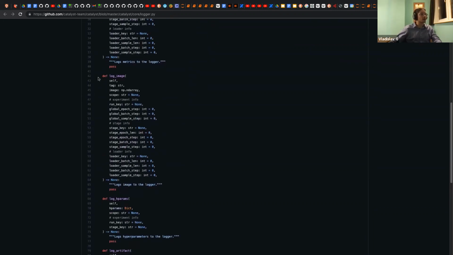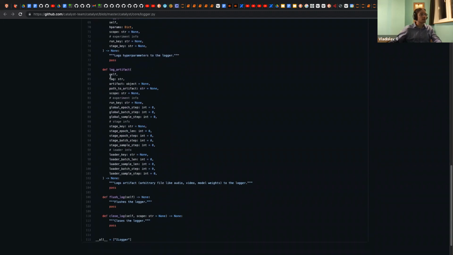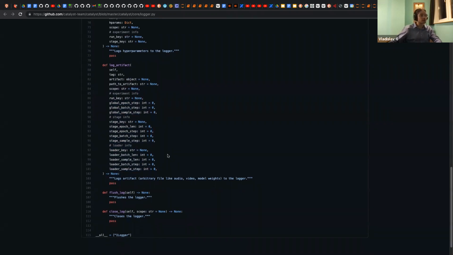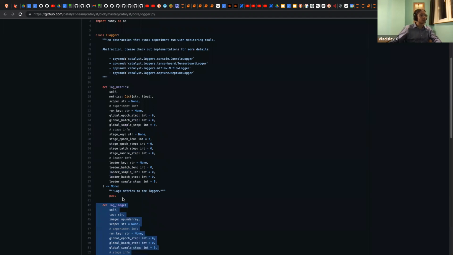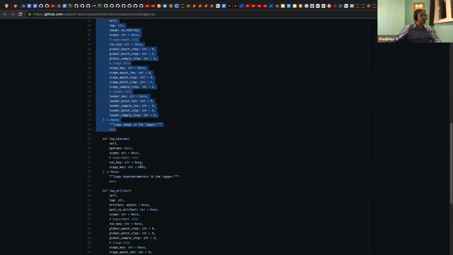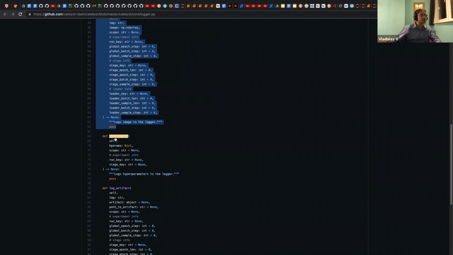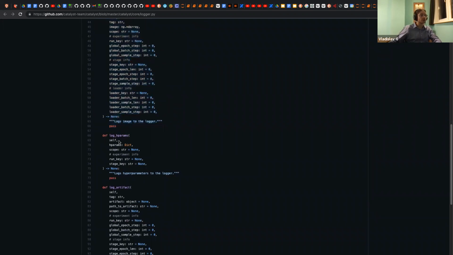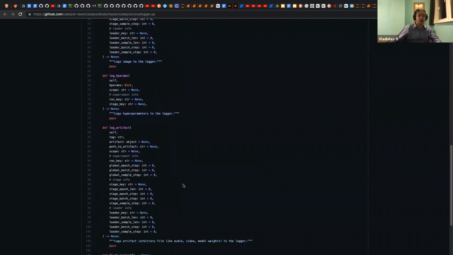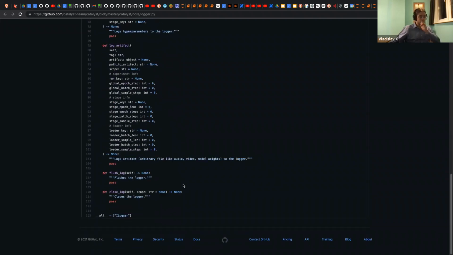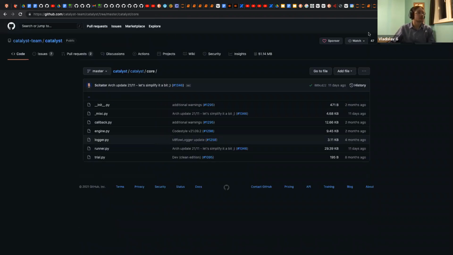And by the way, this interface has many different methods that are similar to what we use: metric, image, another interface for hyperparams, and artifact, which could be any file that we want to put into logging.